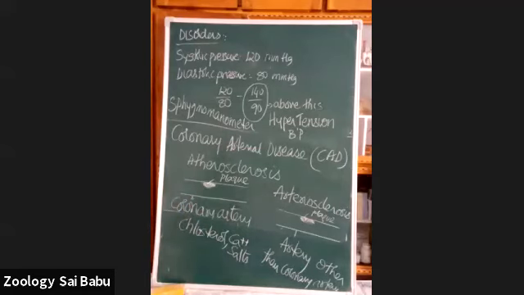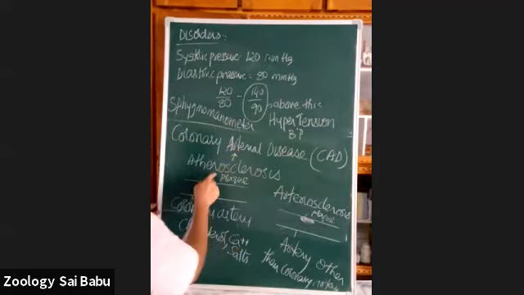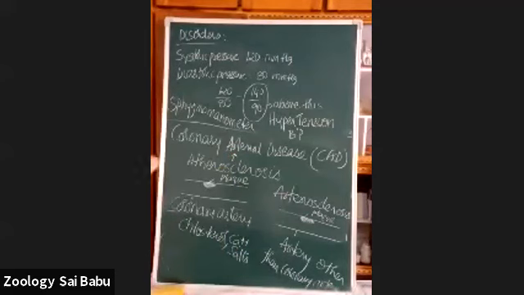Okay. Now, this coronary arterial disease occurs because of formation of plaque in which blood vessel? The coronary artery. If the coronary artery is blocked by the formation of a plaque inside it, then it results in a disorder called coronary arterial disease, or coronary artery disease, which we call CAD.